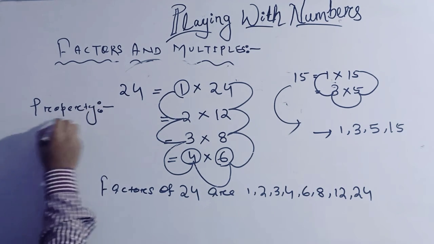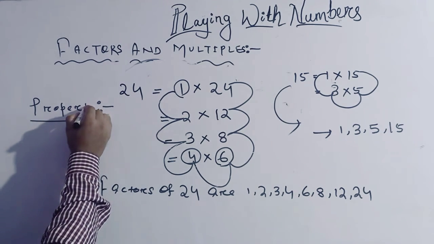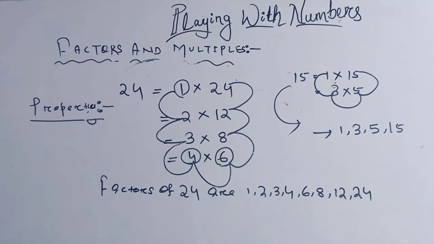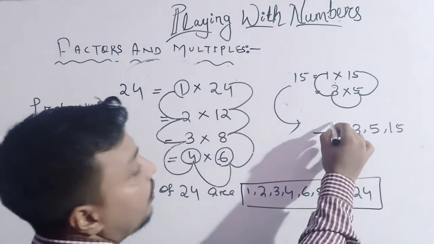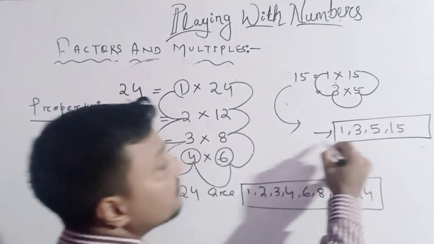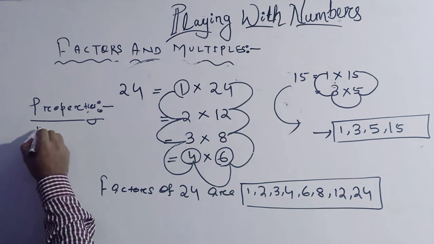Properties of factors. Listen. So this one is one of the factor groups. This one is also one of the factor groups. So from this it is clear. In the first point, we will write the same.